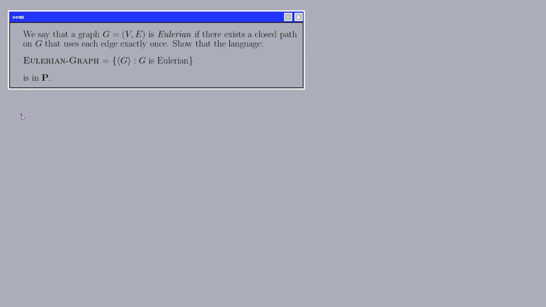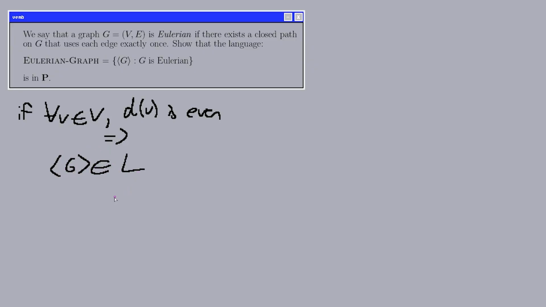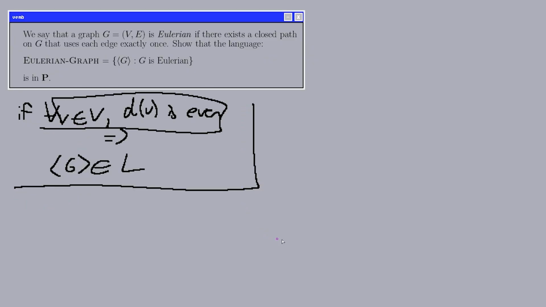We want to prove that if for all v in my set of vertices, the degree of v is even, then G belongs to our language. So let's assume that we have a graph that respects this condition. How to prove it? The idea comes from the fact that in such graphs, no matter how the graph looks,